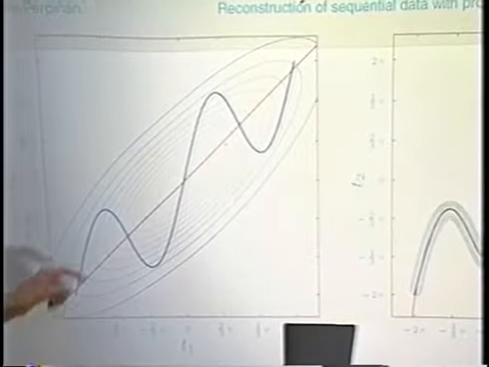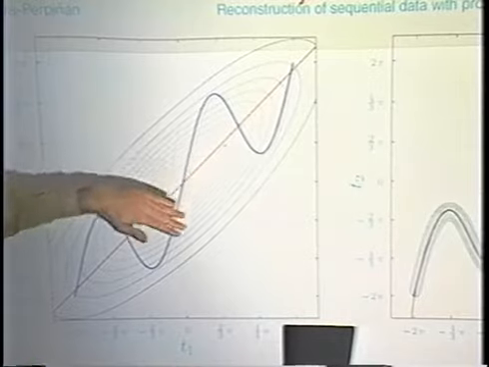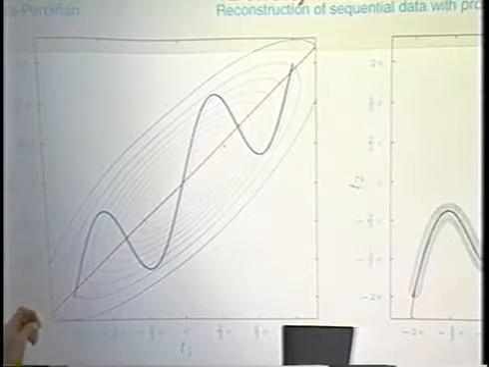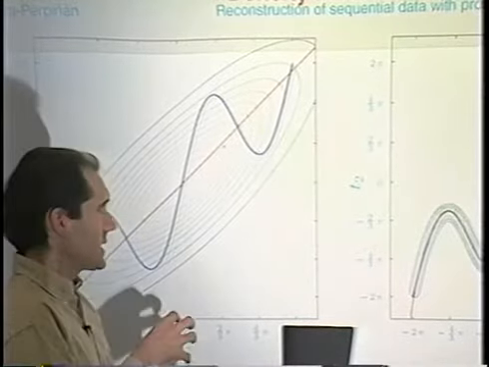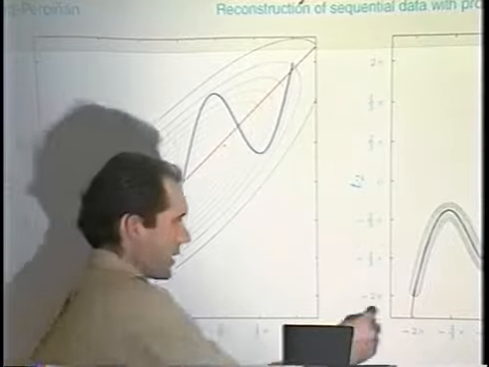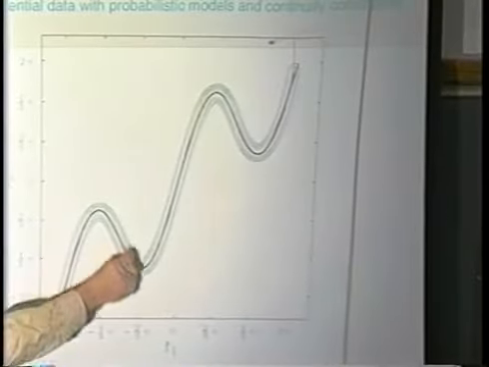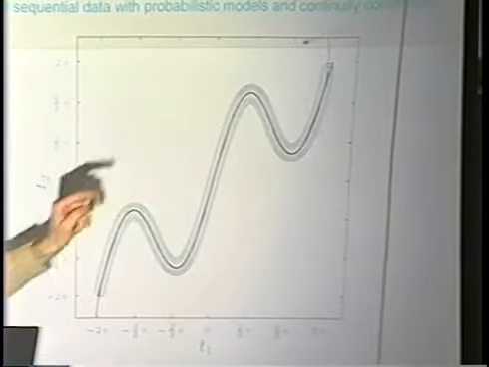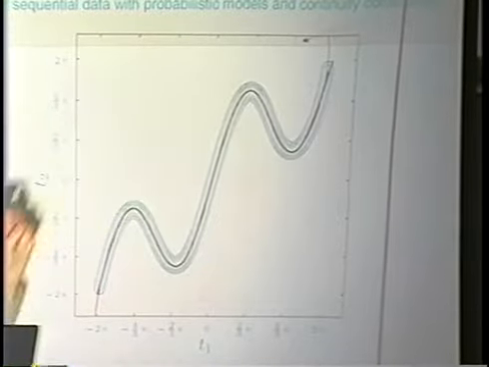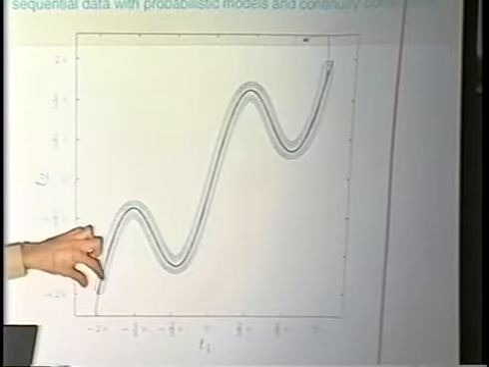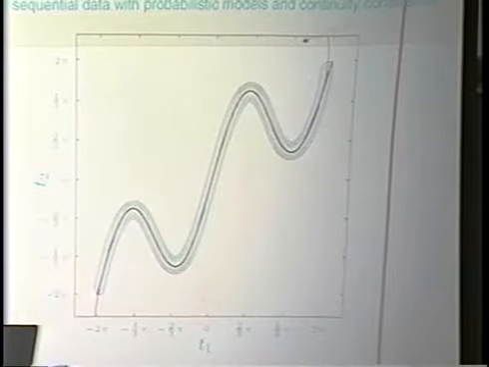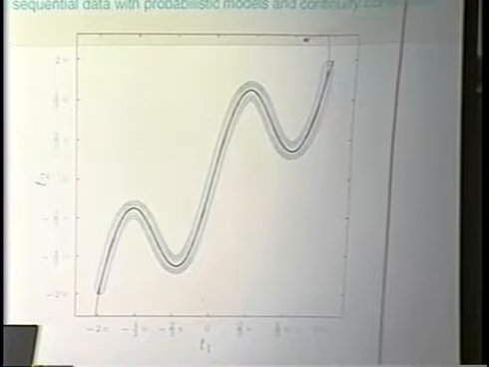If I use factor analysis, well, I know that I'm going to get just a single Gaussian. It's going to be sitting on the mean of the data, and it's going to be oriented in a certain way that for this particular data set would look like this. If I use GTM, remember it's just a mixture of Gaussians, and they are round. So there is one Gaussian here, another one here, and so on. And GTM has modeled this particular red trajectory there, so the Gaussians must lie on it. Because I used a lot of them, I think I used 200 here, then you really don't see the difference. But there are many little blobs there. So that gives me a very good density model now of the joint data.